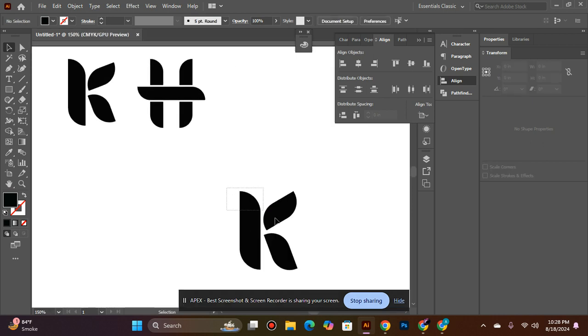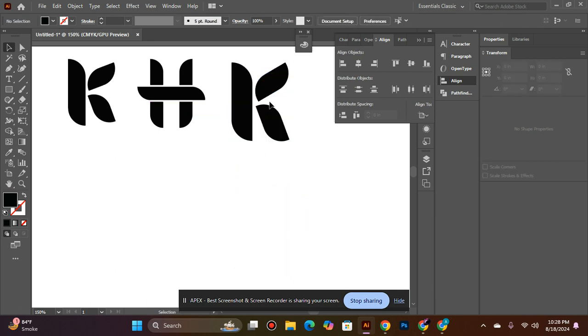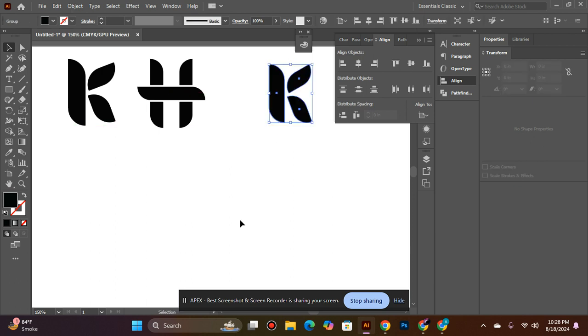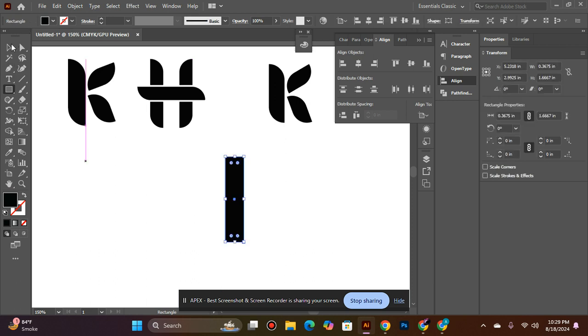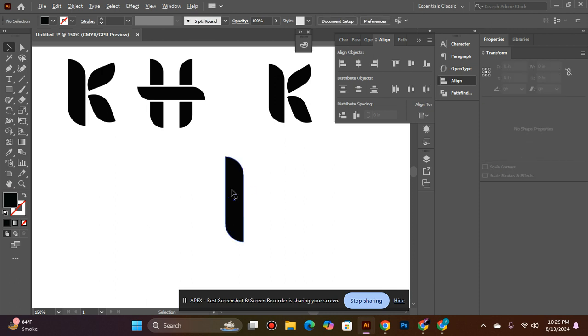Okay, now again move to H. It's a simple H. So now let's create it, just go to the rectangle tool and simply drag it with Shift. Now go to the selection tool and then click the point and simply drag it, and again click the point and drag it. Now copy it with Alt,